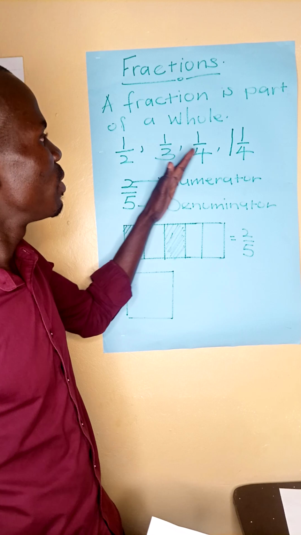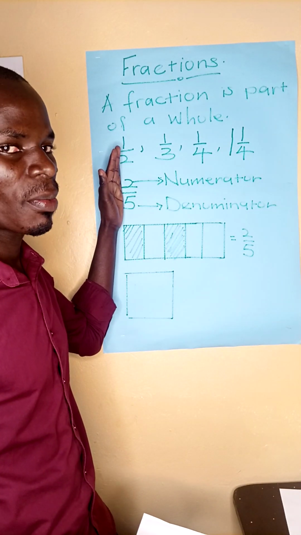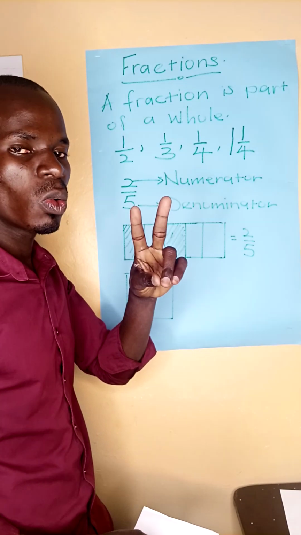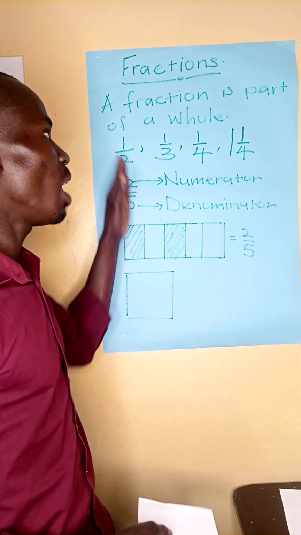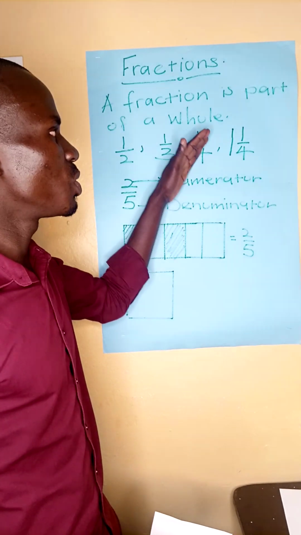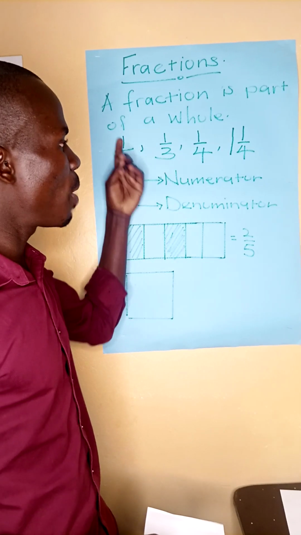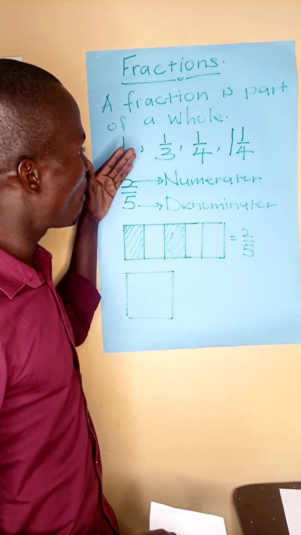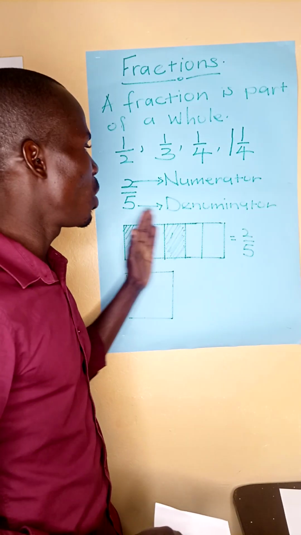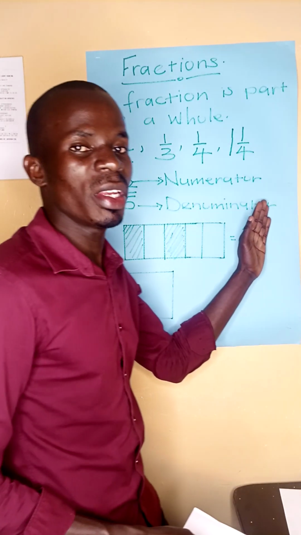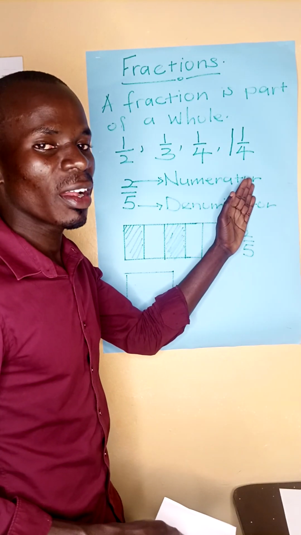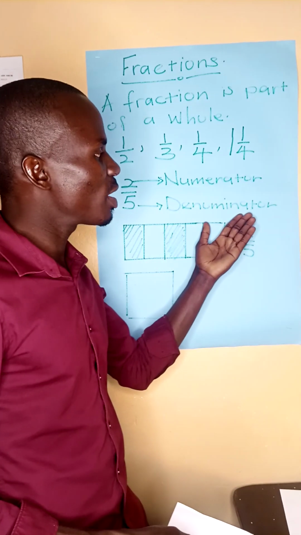When you look at these first three fractions, they consist of two numbers mainly, the upper number and the lower number. Meaning that a fraction mainly consists of two parts, the upper one and the lower one. The upper number, for example, here we have 2/5, is called a numerator, and the lower number is called a denominator. The upper number of a fraction is called a numerator, and the lower number of a fraction is called